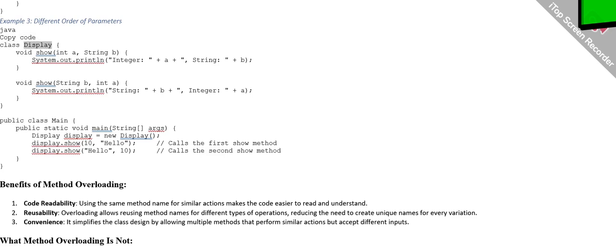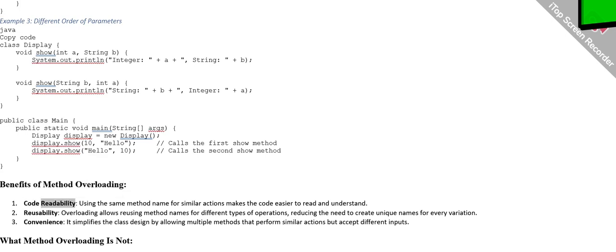Java. class Display { void show(int a, String b) { System.out.println("Integer: " + a + ", String: " + b); } void show(String b, int a) { System.out.println("String: " + b + ", Integer: " + a); } } public class Main { public static void main(String[] args) { Display display = new Display(); display.show(10, "hello"); // calls the first show method display.show("hello", 10); // calls the second show method